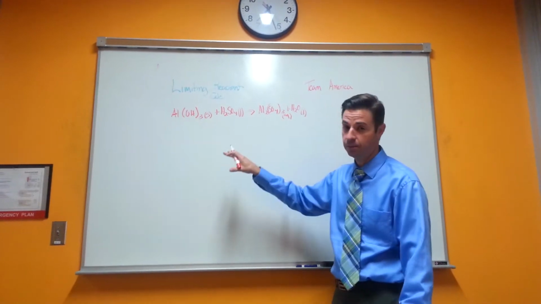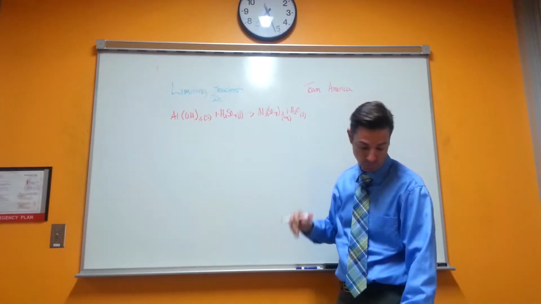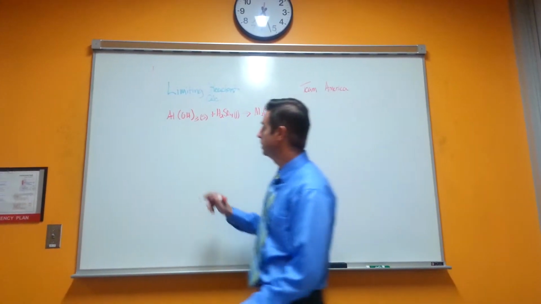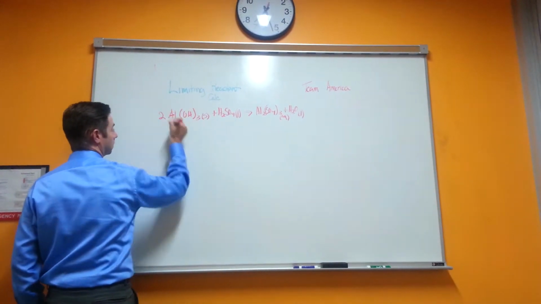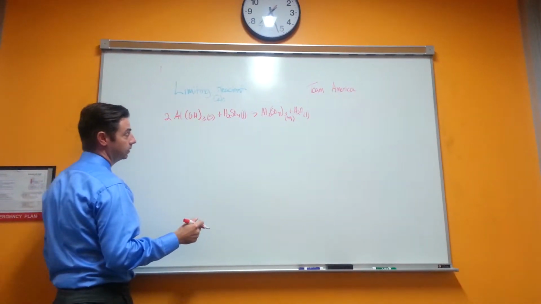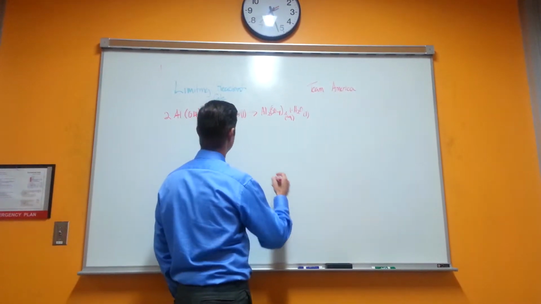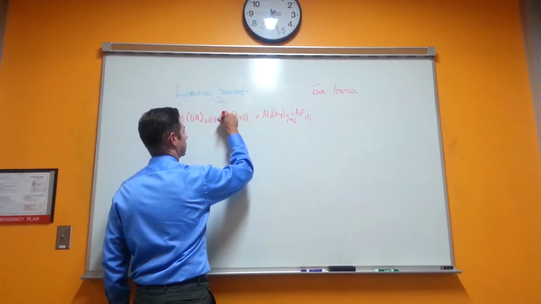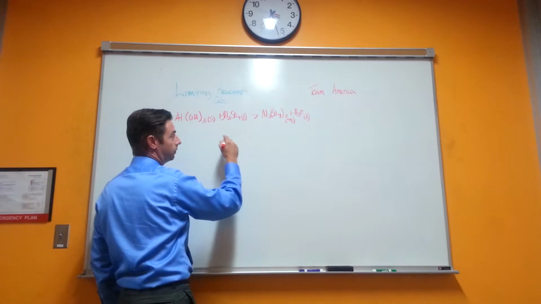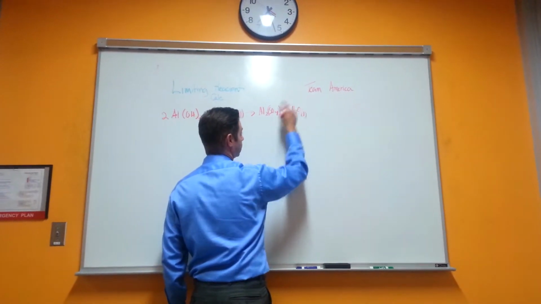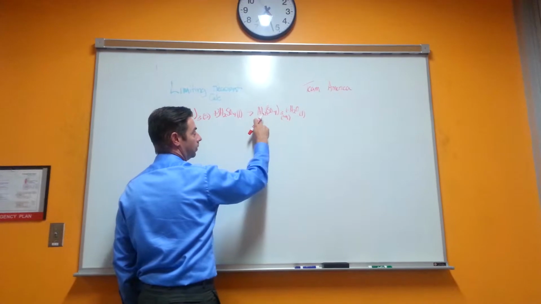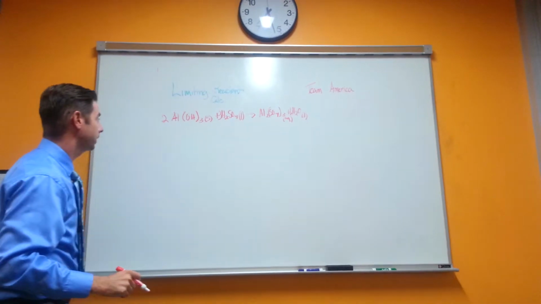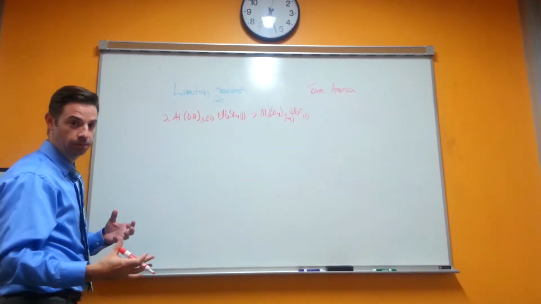So first we've got to balance this because right now it's unbalanced. If we were to rebalance the equation, we would need 2 of the aluminum hydroxide, 3 molecules of the sulfuric acid. That would end up producing 1 molecule of aluminum sulfate and 6 molecules of water. Right? So now that we have a balanced equation, we can start to figure out what